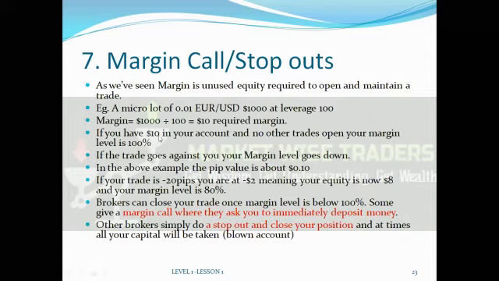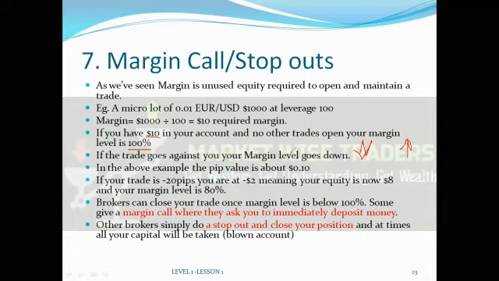But this is very interesting. If you have $10 in your account and no other trades opened, your margin level, okay, your margin level is what? Is 100%. Yes, that is your margin level. So this is where they get you. In the trading platform, you'll always see it shows your margin level at the bottom, or even on your cell phone, you can see it. So if you have $10 in your account and there's no other trades open, your margin level is 100%. If the trade goes against you, your margin level, what? It goes down. The moment the trade goes against you. If it goes for you, your margin level goes up, and they could allow you to open another position.